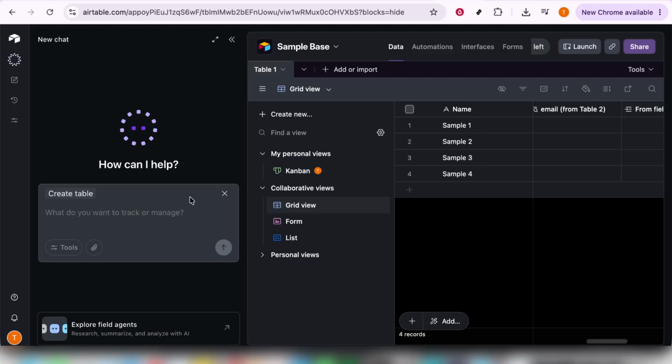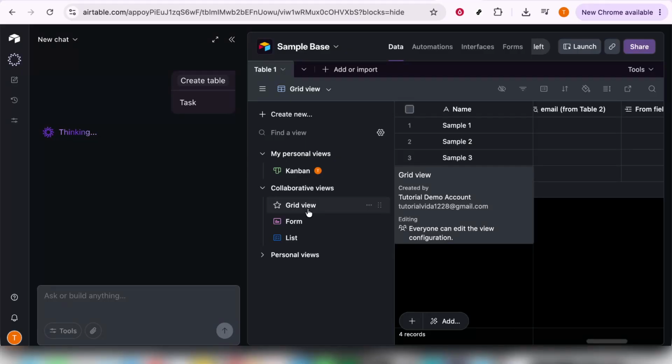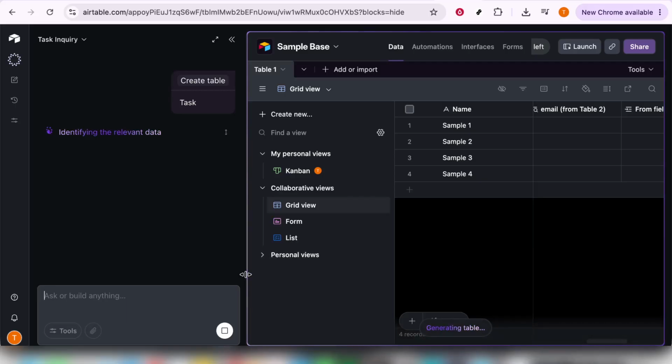As you move forward, consider how you want your fields to be structured. Fields in Airtable are essentially columns in your table, and their types can be customized according to your data needs. For example, if you need a field for dates, set it as a date field. If you need text input, set it as a single line or long text field. The beauty of Airtable is in its ability to allow each field to be tailored to fit the exact nature